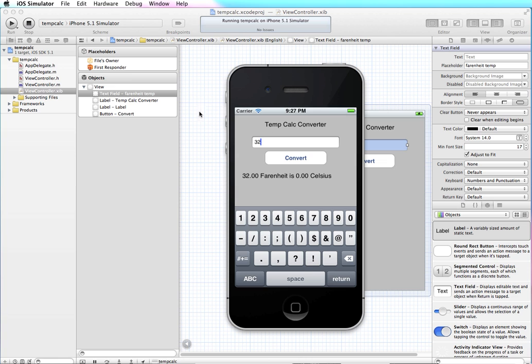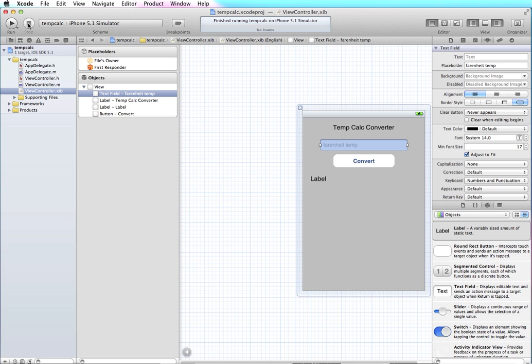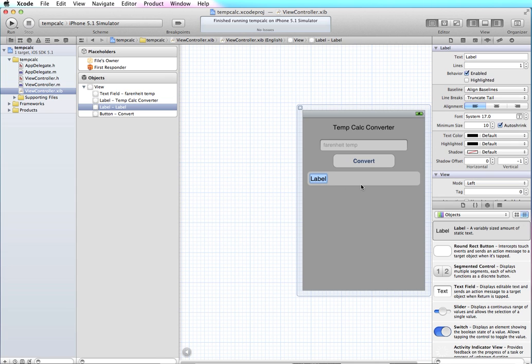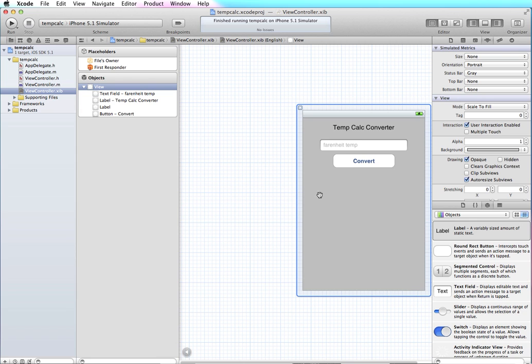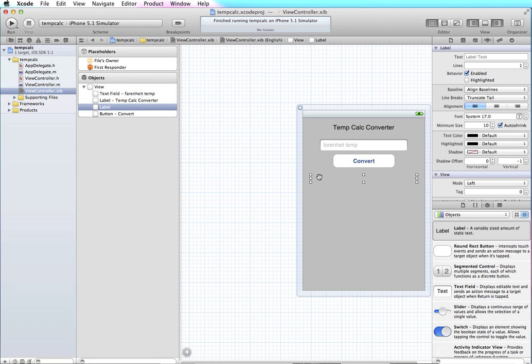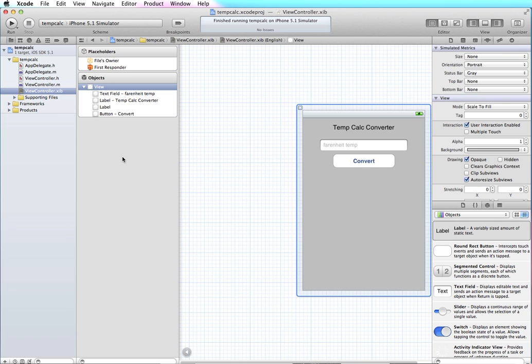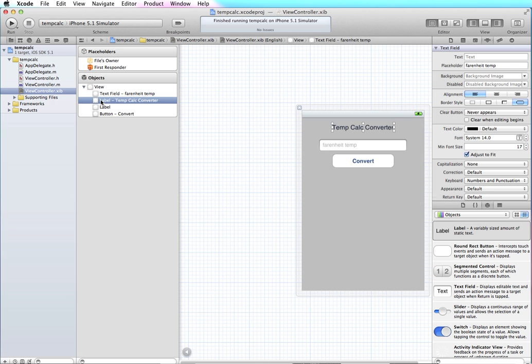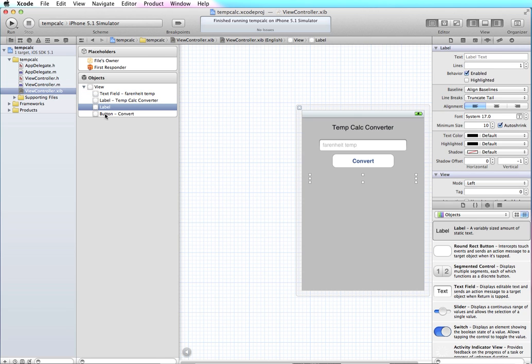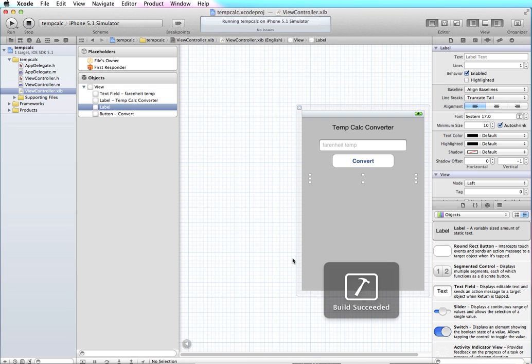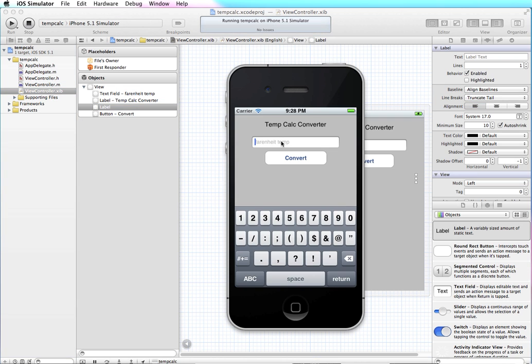Okay, the one other thing we can do is, rather than having it say label, let's just delete that label text out of there. Once you click off of it, it looks like it's gone, but it's really there. You can mouse over and click on it. If you have trouble finding it, you can always come over to the view and click on different things, and you can see them being selected, so you'll be able to find it again. So now when we run it, it won't show up initially until there's something converted,